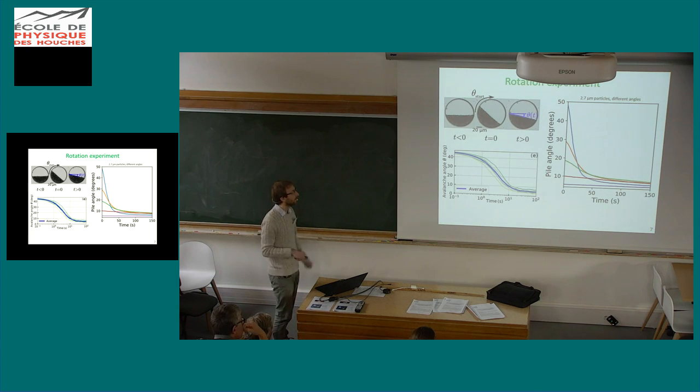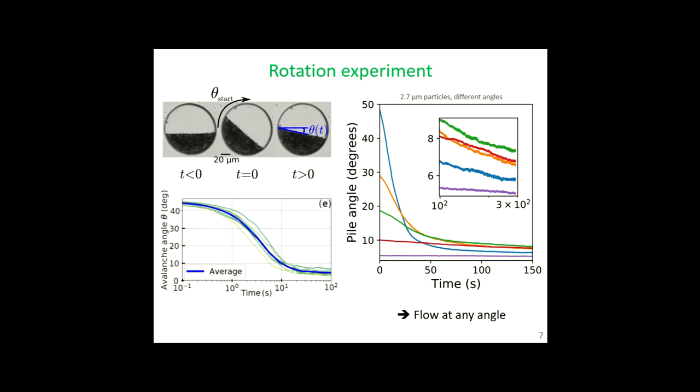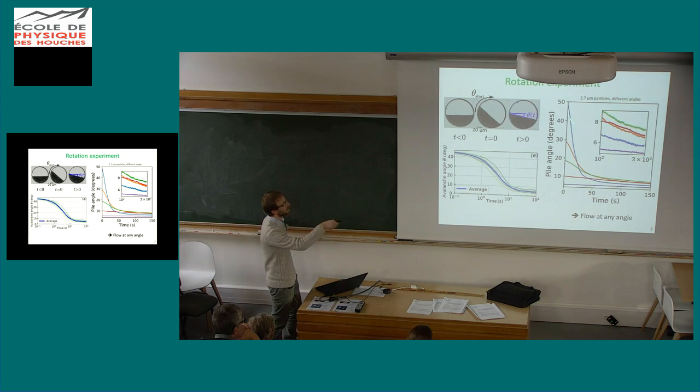And what we can do, for example, is we can choose one particle size and change the initial angle. So when you do that, you see that they flow, and it seems that at long time, they seem to stop. But actually, if you zoom to what happens on the long time, you see that the particles are always flowing. Even the particles that started with a 5 degree angle, which is below the theoretical response angle that you expect for frictionless particles. So our particles are always flowing, even though they should not if they were athermal.